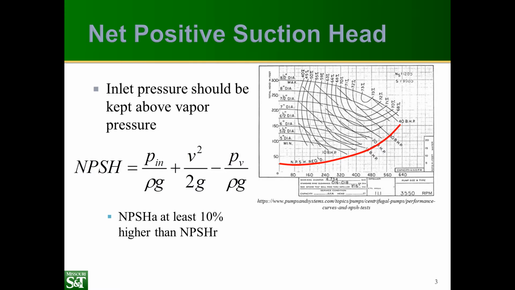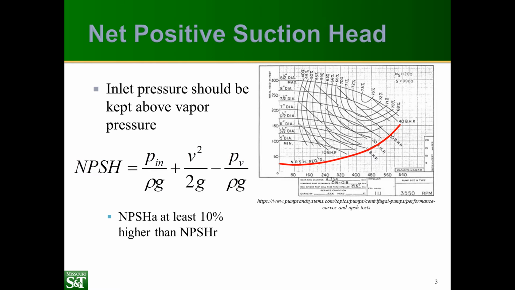This is to prevent small changes in flow rate from producing cavitation in your system, small oscillations. However, in critical applications like power generation or flood control, a margin of 100% or higher is often used to make sure, absolutely certain, that cavitation does not occur. Now, that means that